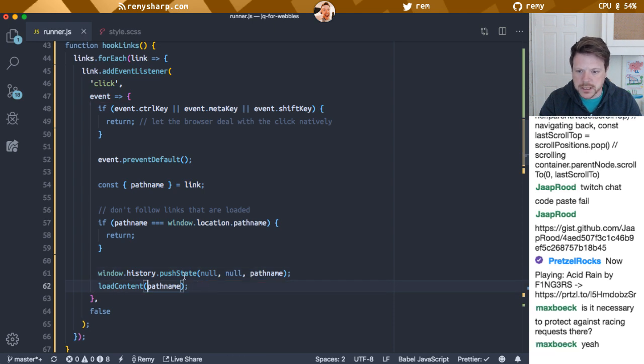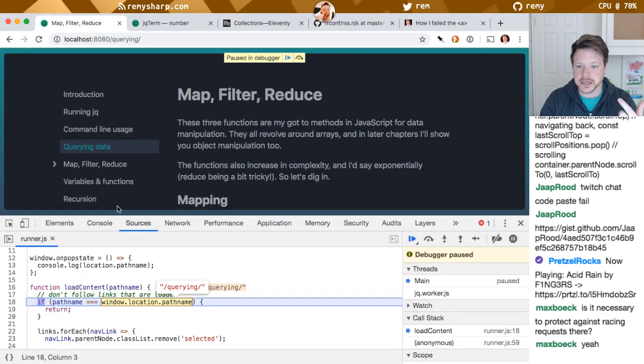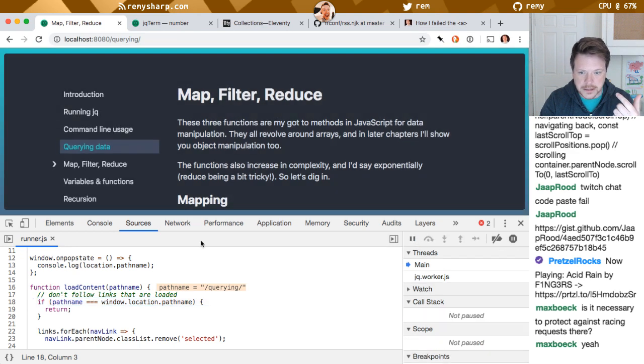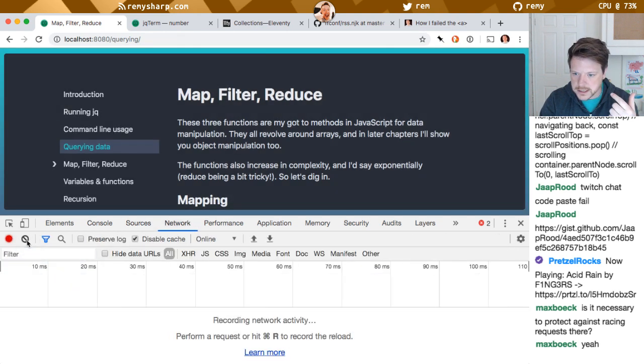Yeah. So this line should actually protect against it. Because we immediately push state, the location path name becomes the same as the actual link, and it means if I just keep clicking it, let's play this. If you look at the network requests,